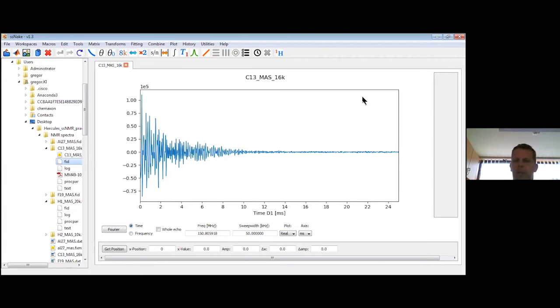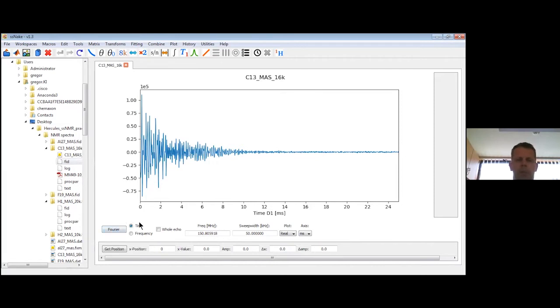So this is the area where we see what we are doing, and there are some quick buttons over here which we can use for the most common tasks, and there are some additional tasks on the top line. So very quickly we will get the spectrum if we simply push Fourier here,